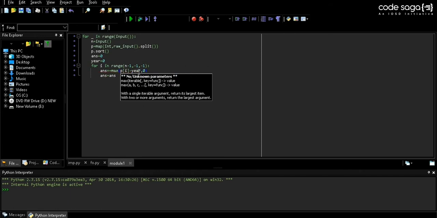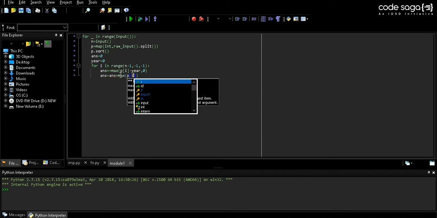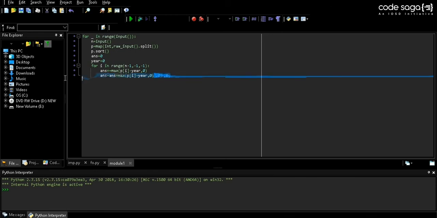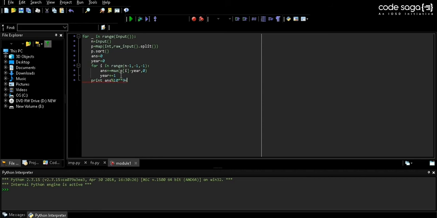That is, if P of i minus year is less than 0, then we will have 0 profit for that car. Now this, as I said, will be the same as this statement here, comma 0. So then we also have to do one more thing in this for loop, that is increment year by 1, because next year will be 1 minus 1 on the car we sell that year. And then we'll just print answer modulo 10 raised to the power 9 plus 7,